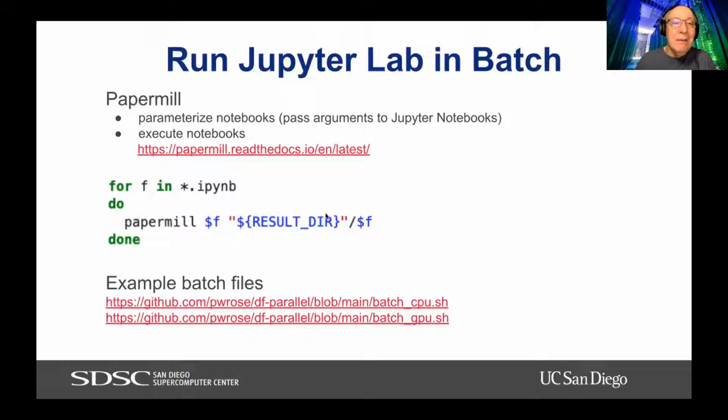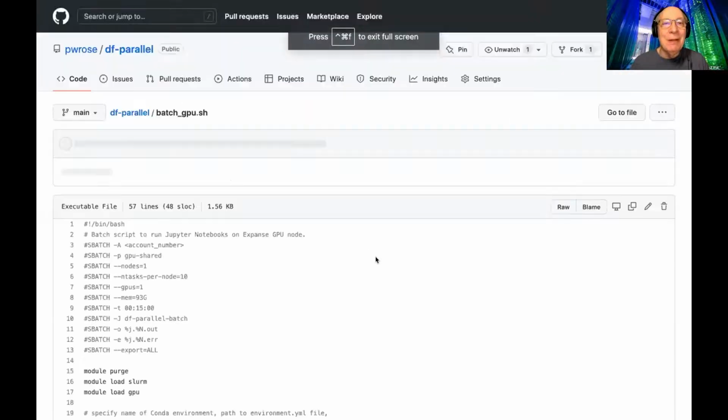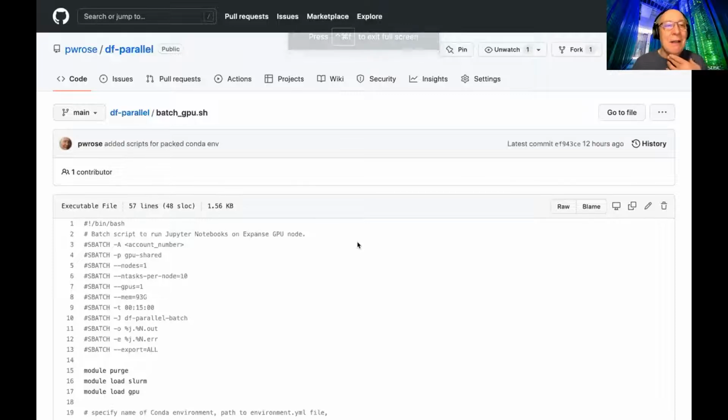So this is a very easy way, if you have 50 notebooks or you need to pass in parameters, to run this in batch. And I provided you 2 links here, to run the notebooks in batch using CPU and GPU. They're a little bit ugly, those scripts. So if you want to use it, just copy and paste things out of here.